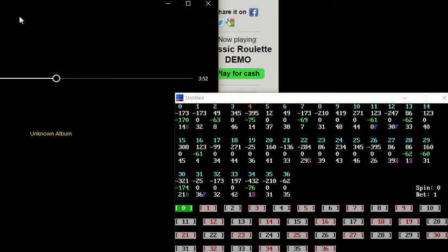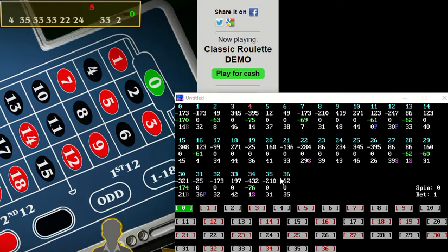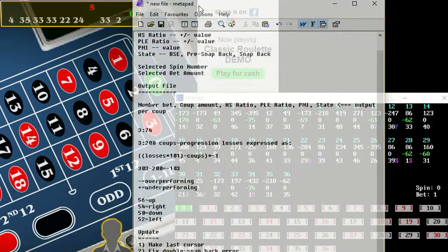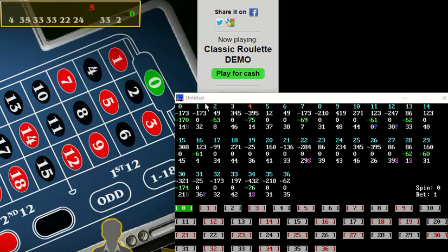Okay, so very interesting. The tracker's up and running. It has a few bugs. I'm going to be making these three changes here that need to be put in there. So not like releasing it yet. But where I'm at right now is I'm on number four, which is a favorable number because it has a